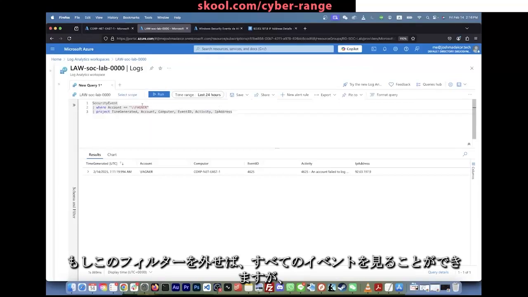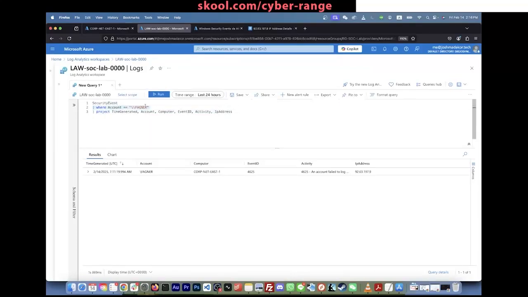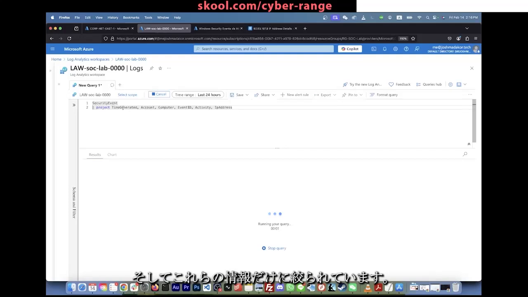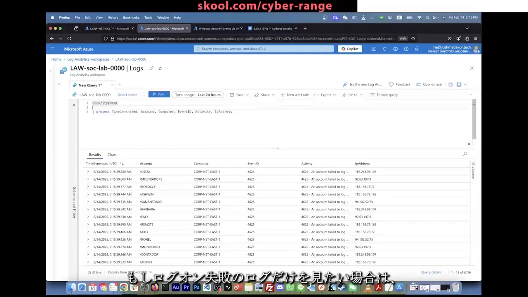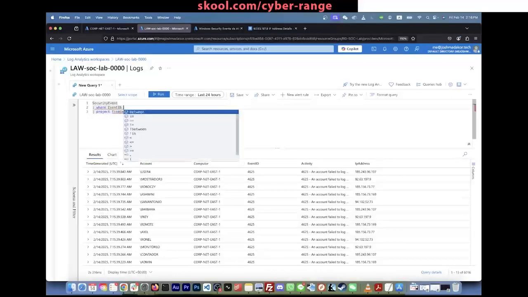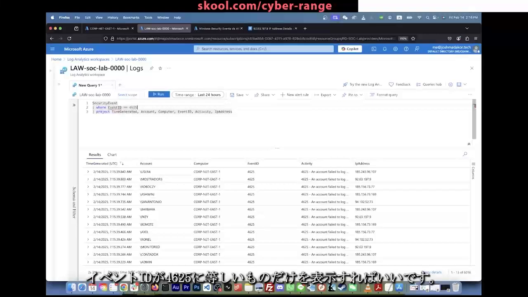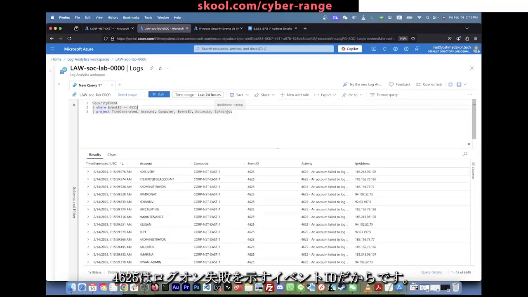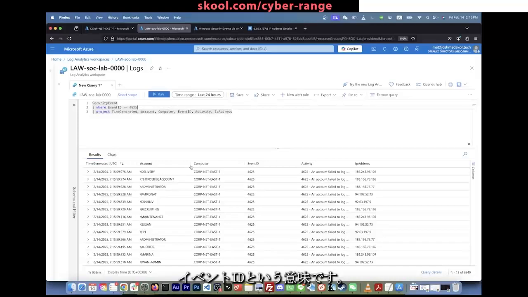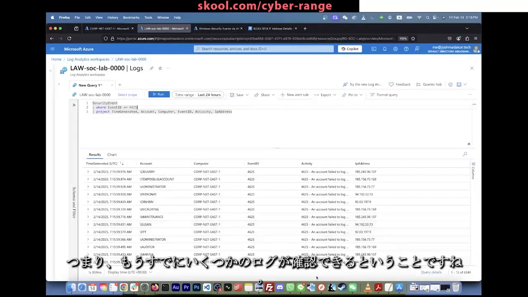If we remove this filter, we can see all of the events, but it's only projecting the time, the account, and just this stuff. If we want to see only the failed logons, we can say where EventID is equal to 4625, because 4625 is the logon failure event ID. So we can see already there's already